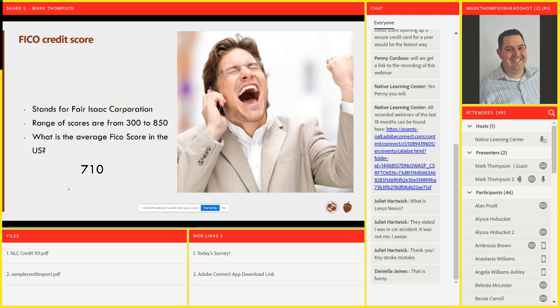For a FICO score, it ranges between 300 to 850, and the average FICO score in the U.S. is 710. A lot of times, people ask, okay, well, nobody's got a credit score of 710.